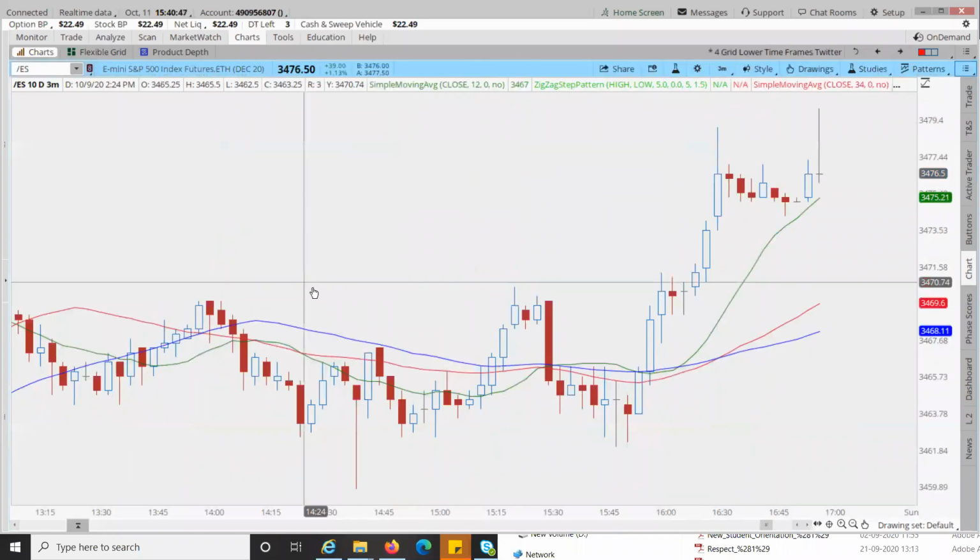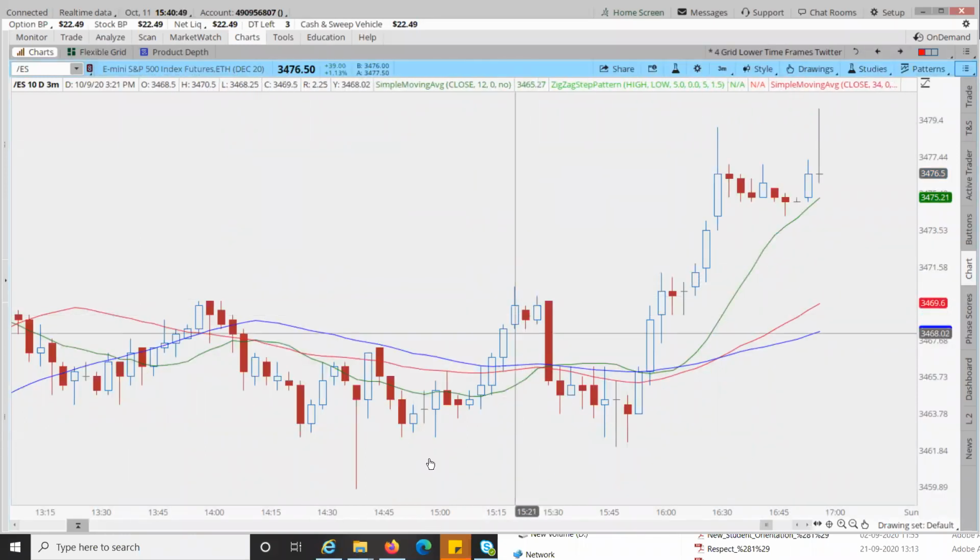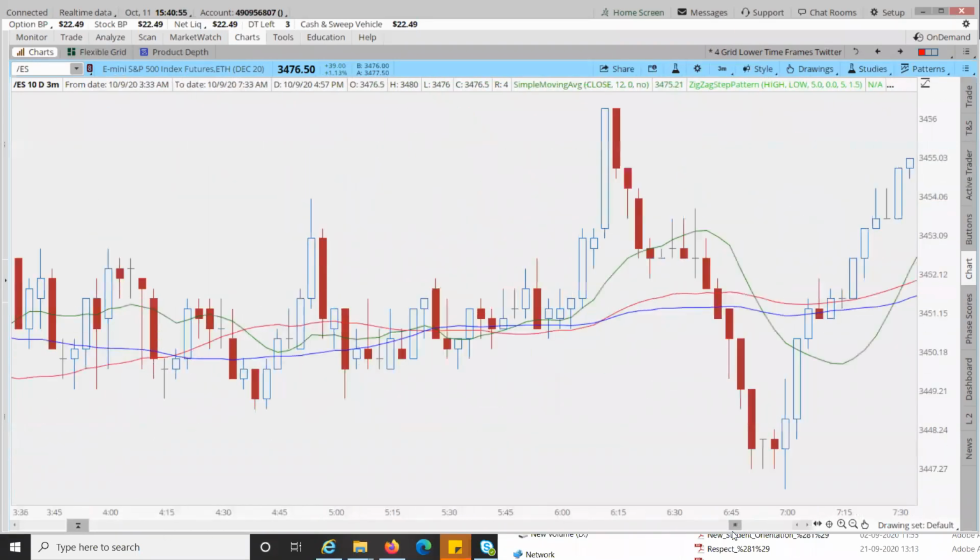So in this case, for example, let me go back, close this one and explain. Okay, now it will be better. Let's say you saw here, at this point, there's a crossover between the 12 and 34. So you try to enter here. Look at the price on the top underneath this. Here the price says 34.50 and high is 31.51. So there is very limited margin between high and low.